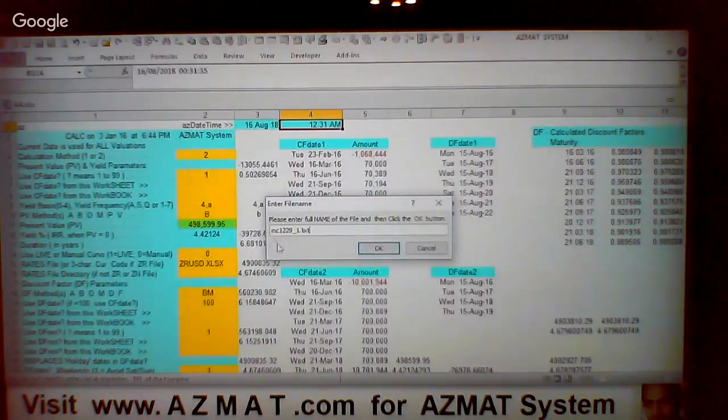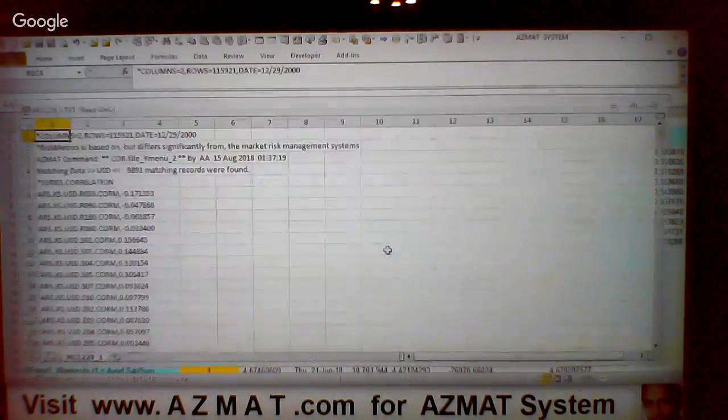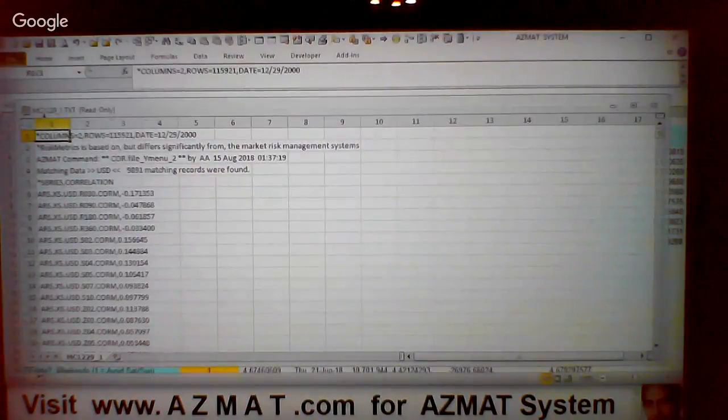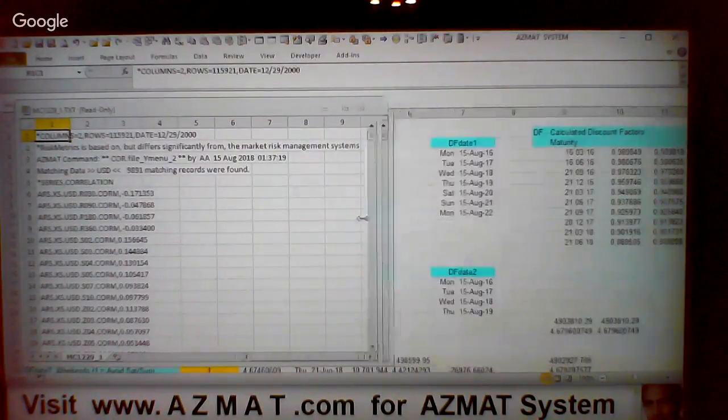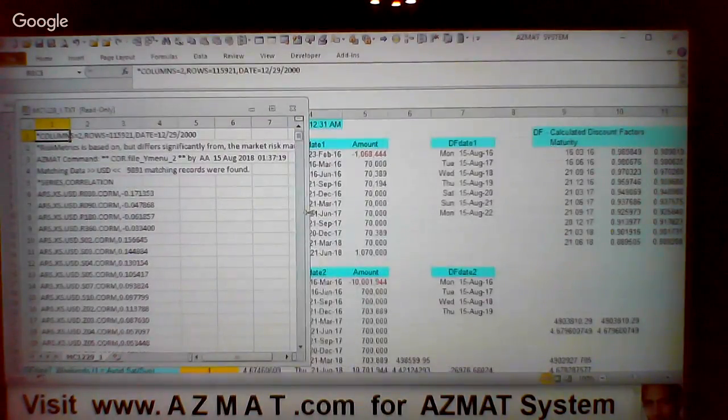MC1229_1.txt. Right, there it is. MC1229_1.txt. There. This is what I created, one of the correlation query files. I'm just going to make this window a bit shorter in here. So this is the one. It says it has